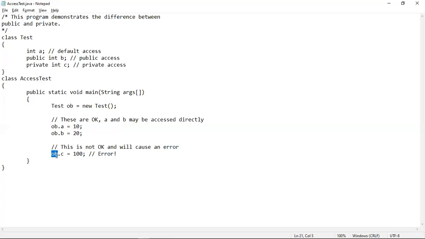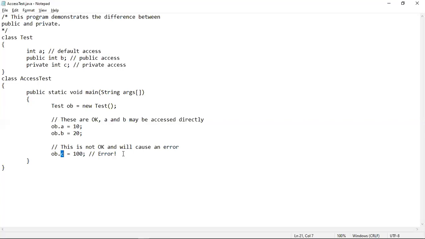that you cannot do even if you are creating an object. Here you can see that object OB is the object of the test class, and we are accessing it using the object. This thing you cannot do if it is a private variable, because a private variable can only be accessed inside the class body, and whenever you are coming out from the class, the private variable becomes invalid and its access becomes restricted. So from another class you cannot access the private members of another class. So that's why this statement is going to give you error.